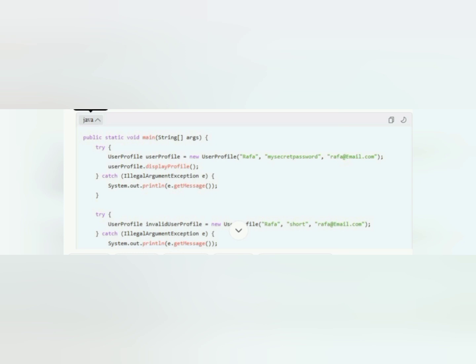Then the try-catch block is used to handle exceptions that might be thrown by the constructor or setter methods if the provided values are not valid. Next, we create a UserProfile object named invalidUserProfile with the username Rafa, password short, and email.